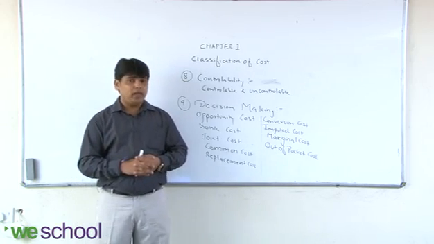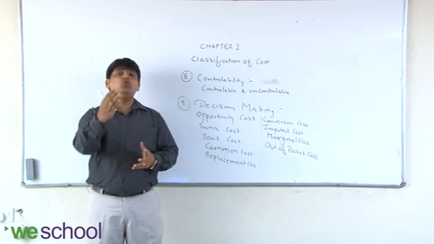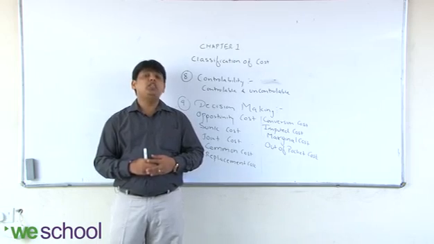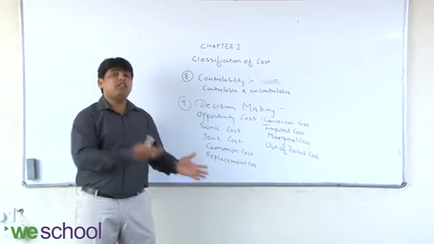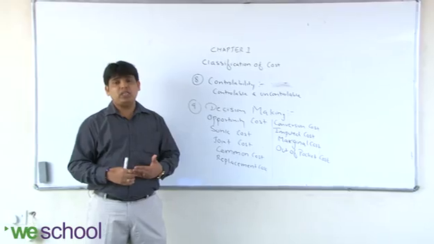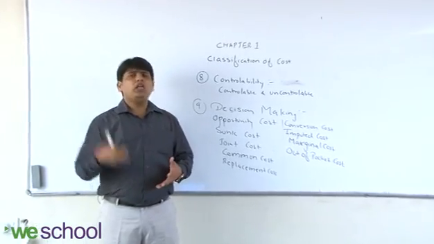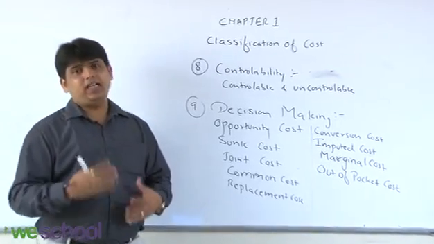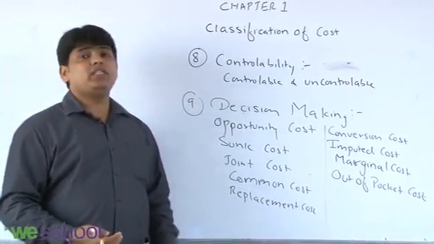You are saying 12. Give me the answer, I am asking you. Is it 12 lakhs? No, it is not 12 lakhs, because I will sell off this machinery in the market, say for 5 lakh or 4 lakh, so 12 minus 4, 8 lakh is my replacement cost. This bifurcation came because of decision making.